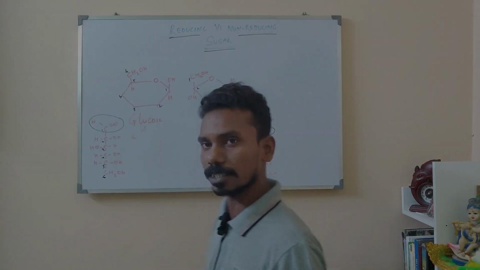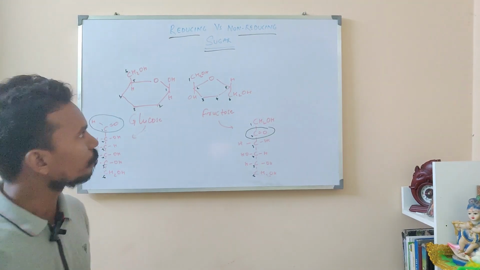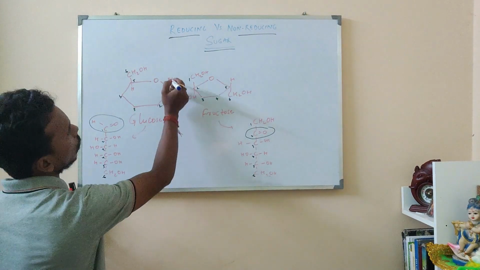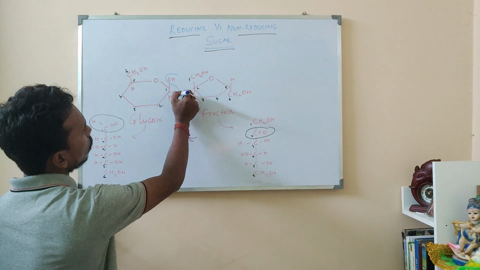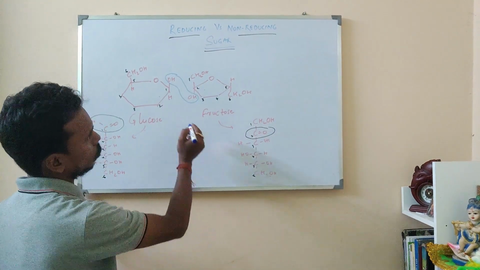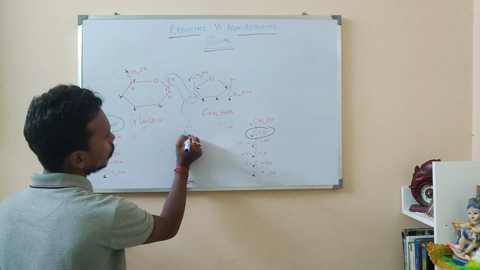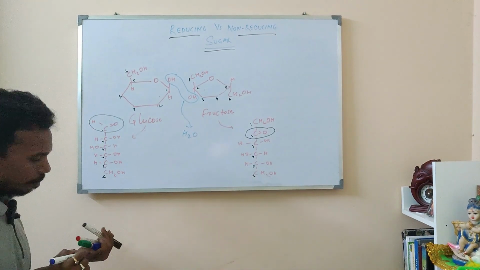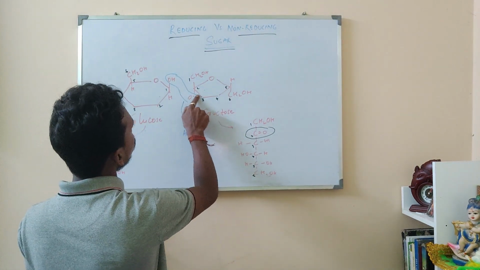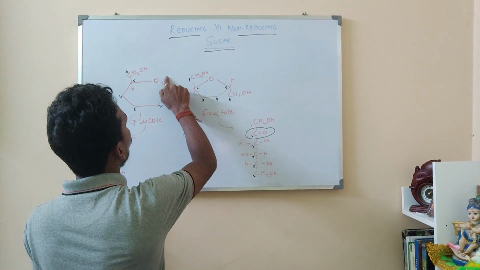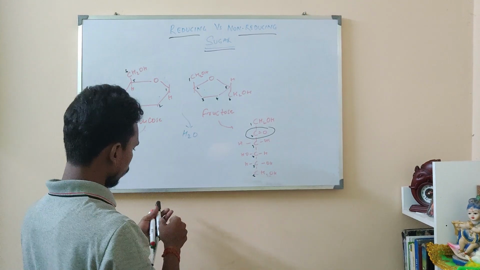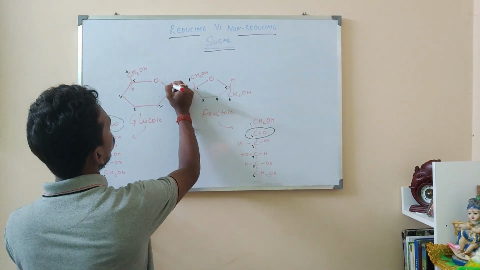Both can act as reducing agent, but when they combine with each other, like the carbon number 1 has OH and the carbon number 2 has OH of glucose and fructose respectively, so these will eliminate the water molecule and there comes the oxygen. So only oxygen will be remaining at this part. Only oxygen will be remaining at this part and it will look like